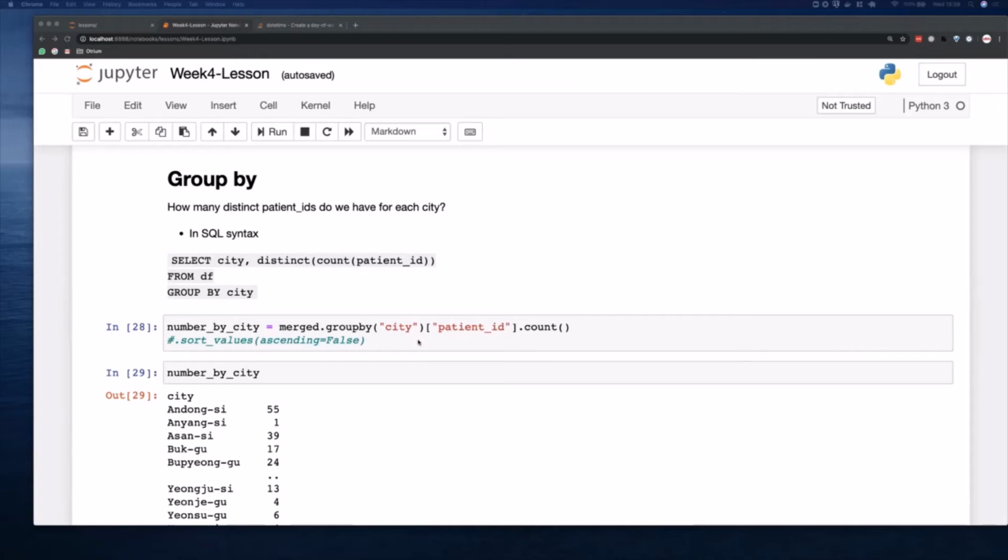Group by, if you're familiar with SQL, is the same. It actually does pretty much the same. And why group by is very important is that you want to ask yourself sometimes questions. Okay, based on a specific city, how many patient IDs do I have per city? How many